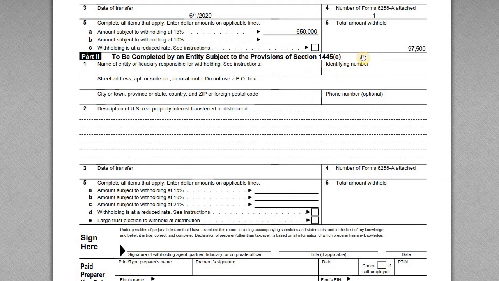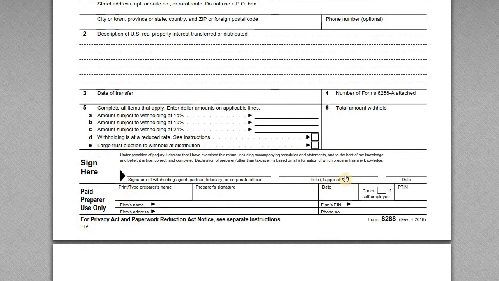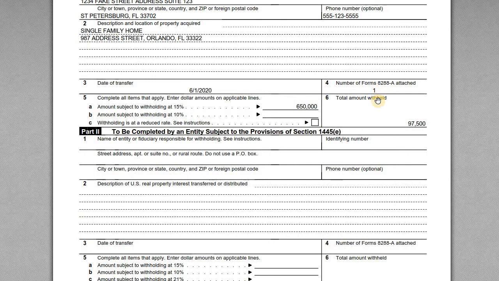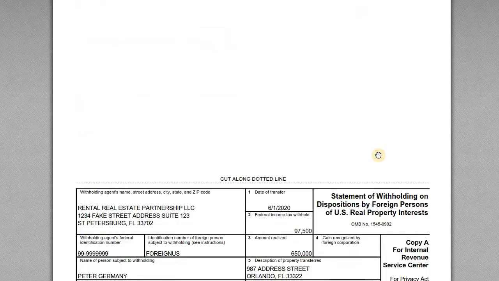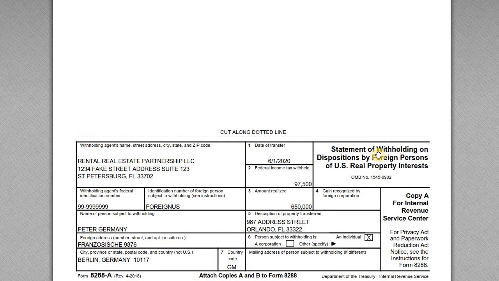Okay, so part 2. This is a different section of the IRC covering withholding obligations. For purposes of this example, this does not apply here, so you can leave part 2 blank. And then it's signed, dated, and mailed in to the IRS. Now the 8288-A we have up here, this is the withholding slip that evidences which seller is subject to the